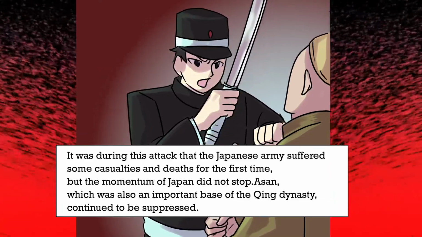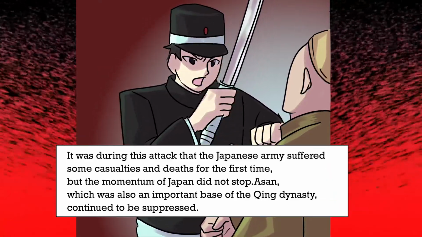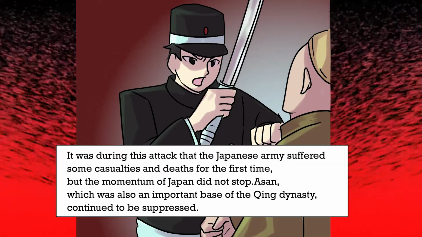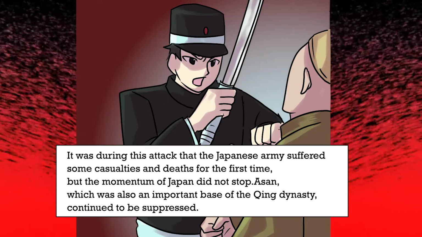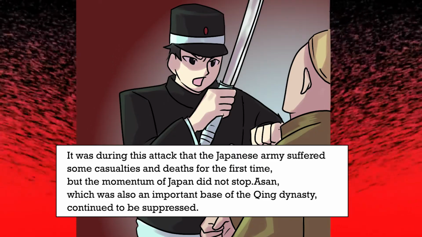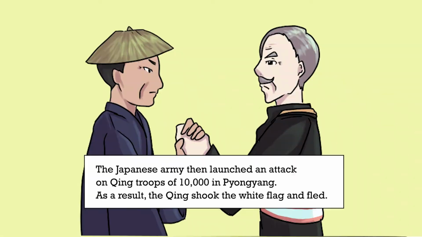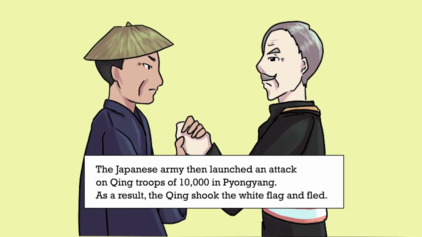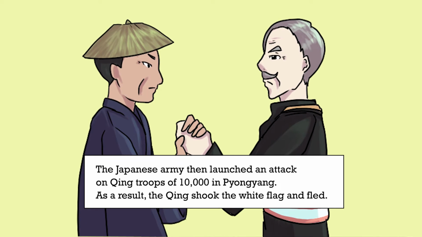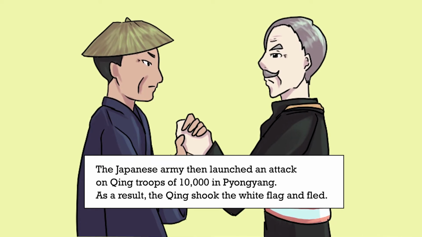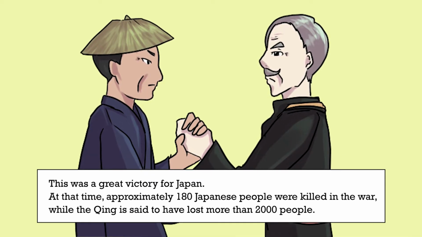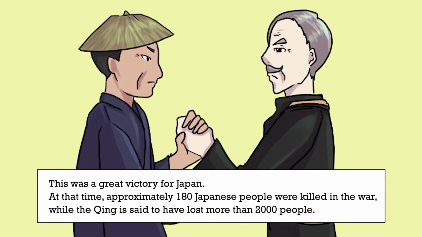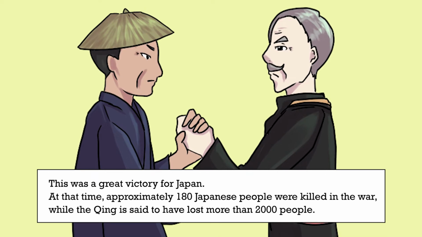It was during this attack that the Japanese army suffered some casualties and deaths for the first time, but the momentum of Japan did not stop. Asan, which was also an important base of the Qing Dynasty, continued to be suppressed. The Japanese army then launched an attack on the Qing troops of 10,000 in Pyongyang. As a result, the Qing shook the white flag and fled. This was a great victory for Japan. At that time, approximately 180 Japanese people were killed in the war, while the Qing is said to have lost